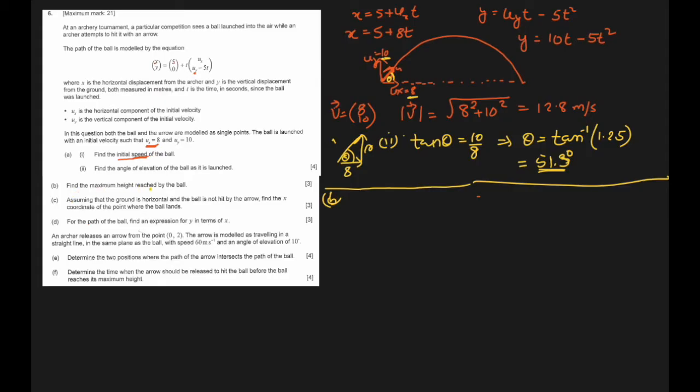Find the maximum height reached by the ball. So we have to find what is the maximum height. Since height is in y direction only, we will find the height with the help of y component, and that's it, with the help of y component. But there is a problem. We have to find the time when it will reach at that maximum height, right? So we know that at maximum height,